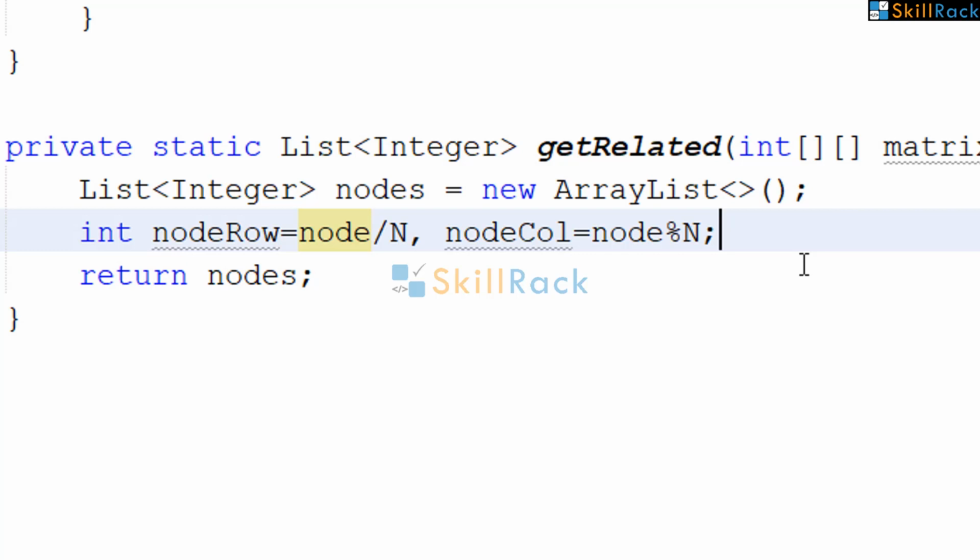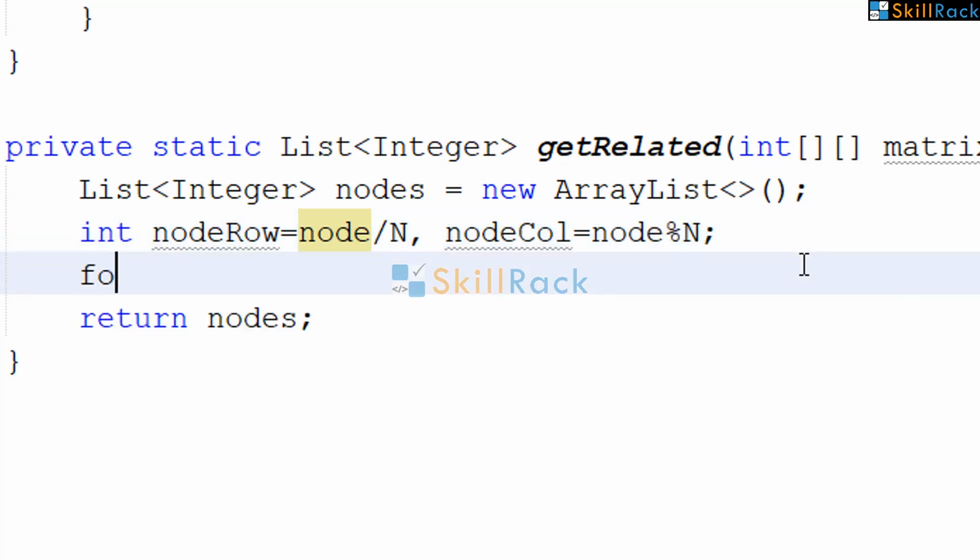So now we need to traverse all the connected left nodes. Left nodes means it will be less than the node column.